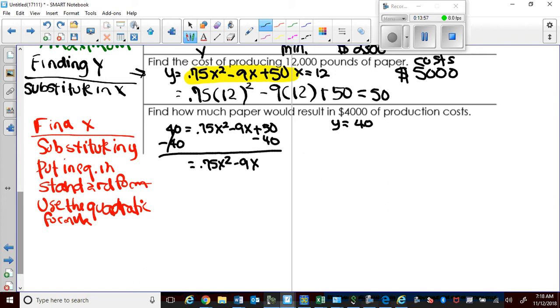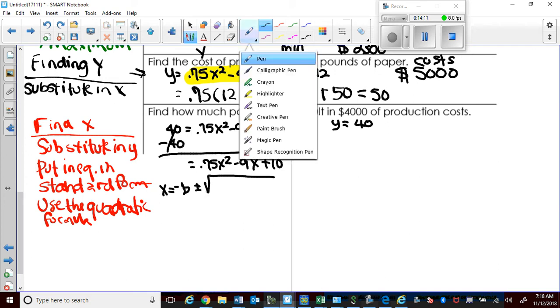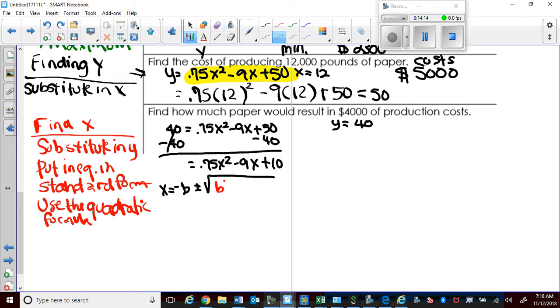And I'm going to use the standard form of this equation to solve for x using the quadratic formula. So x equals negative b plus or minus what's inside of this radical. So I have b squared minus 4ac divided by 2 times a. This equals negative, b is negative 9, okay, plus or minus the square root of